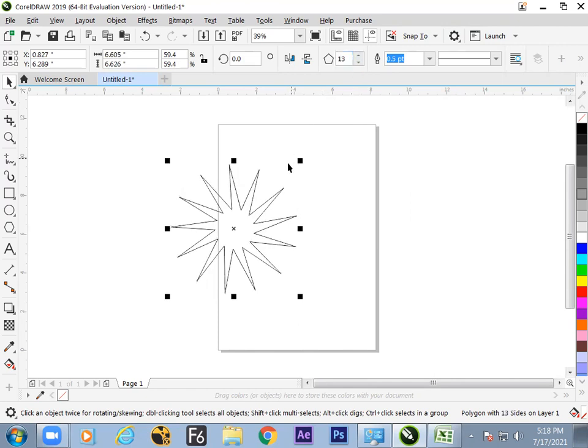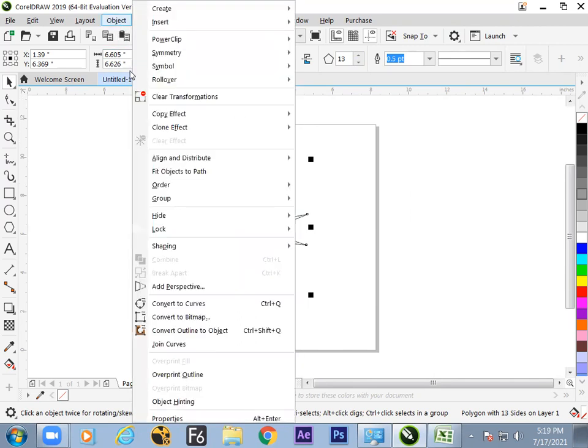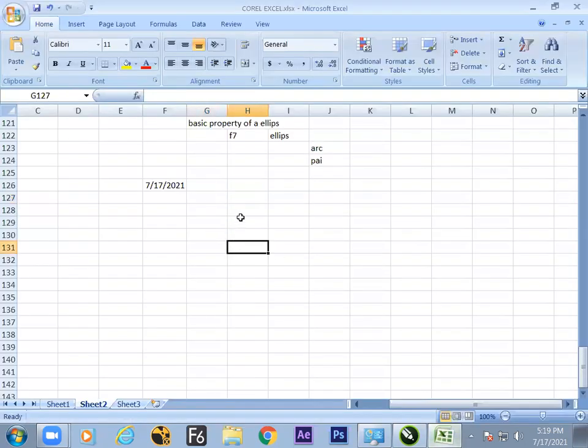But the next is, if you need to customize one particular portion or one particular node to get it to grow, then yes, we need to convert that into curves. This is an important point in Corel. Every time you need to handle an individual part of a basic object such as a circle, rectangle, or polygon, they are basic closed shapes. We need to convert that into a normal object, like convert to curves. Control Q is an important hotkey in CorelDRAW. This is to remember. Often it will be required to use Ctrl plus Q, convert to curve.